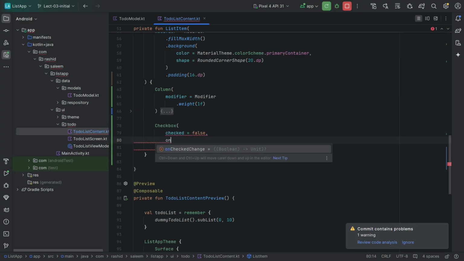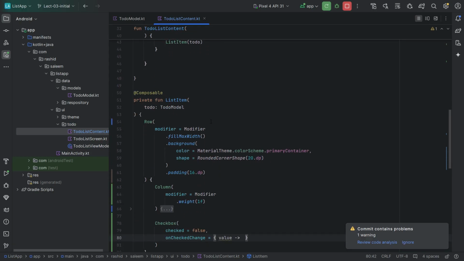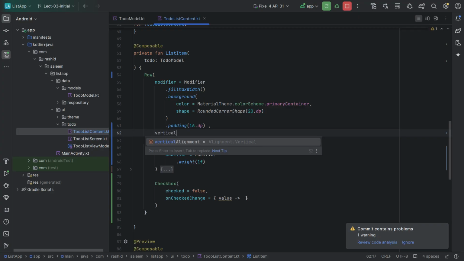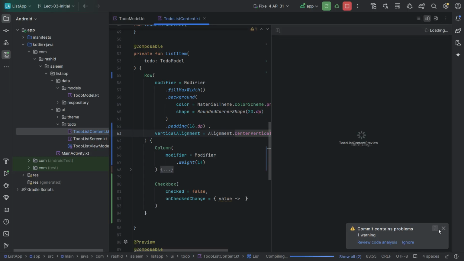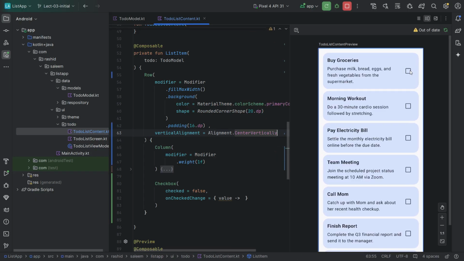checked false, on check change. Here we get the new value whenever the user taps on the checkbox. So we also make the item vertical alignment center, or center vertically. So let's see the preview. Okay, so we are seeing our checkbox here, and there is too much spacing on the right side of the checkbox. So to remove that,